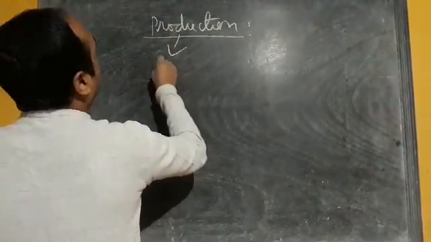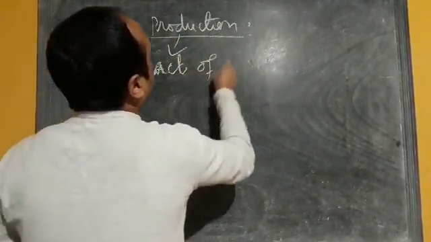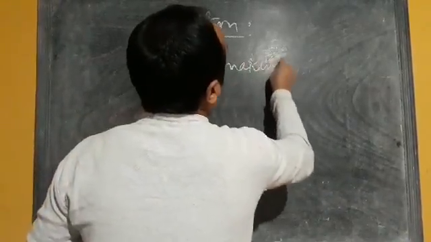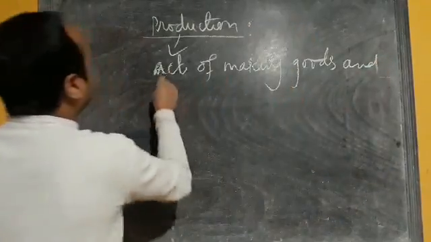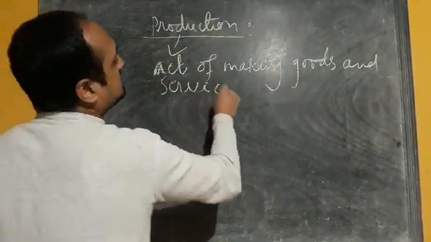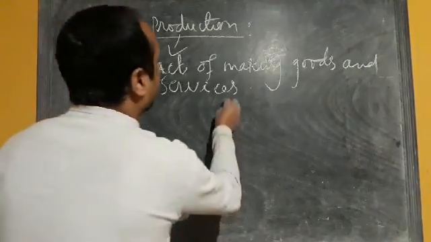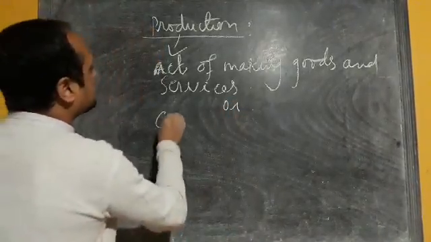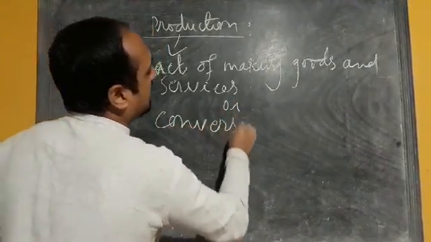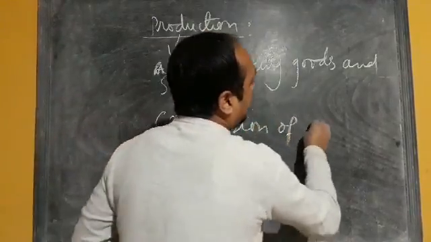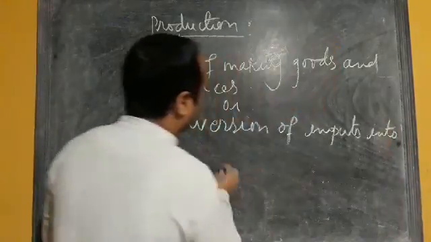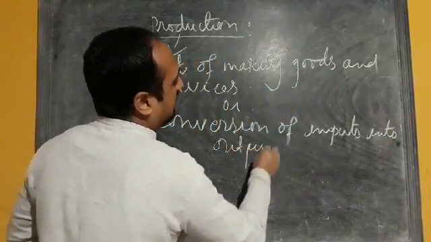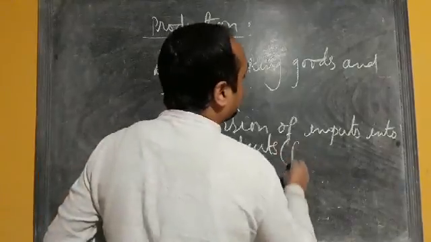Production is defined as the act of making goods and services, or it can also be defined in another way: conversion of inputs into outputs. So output means here finished product,